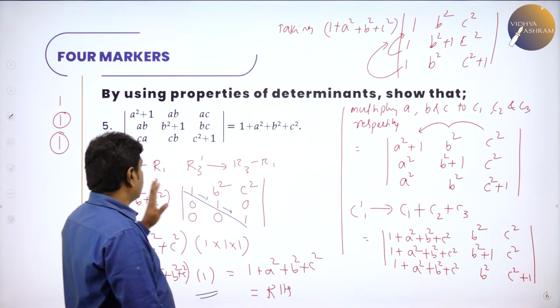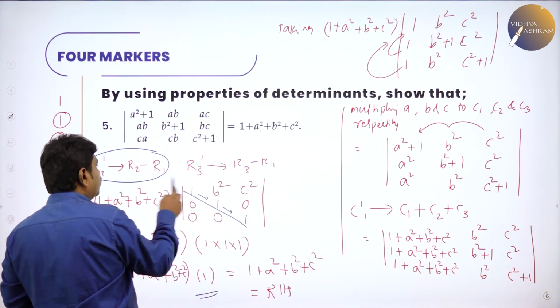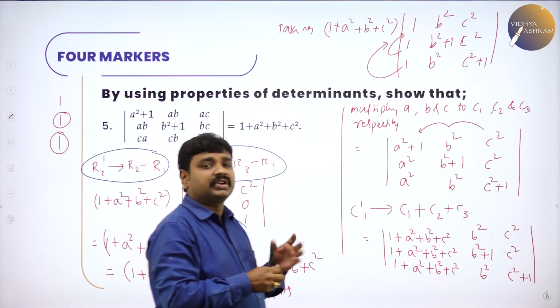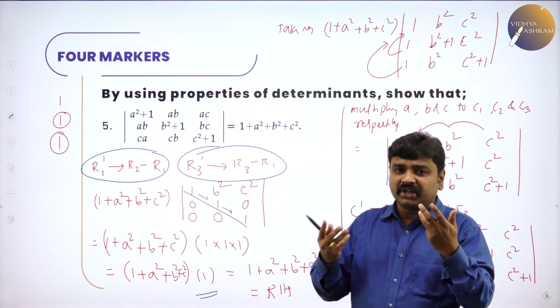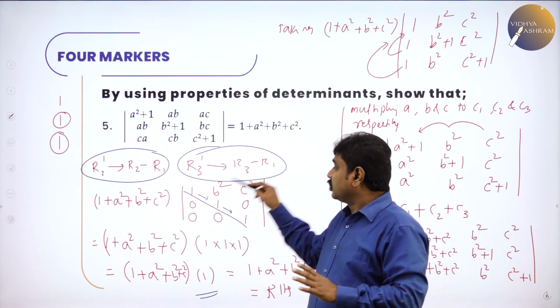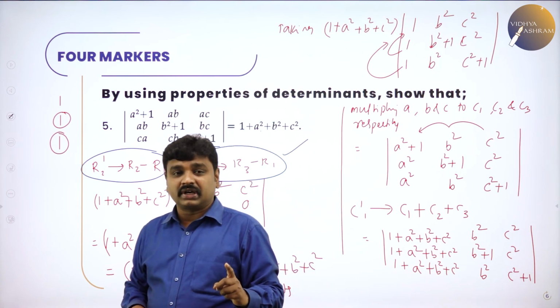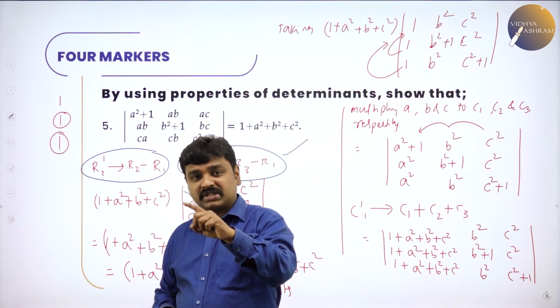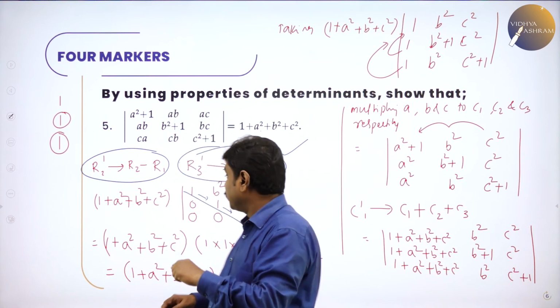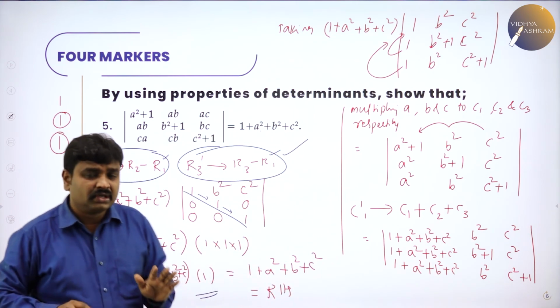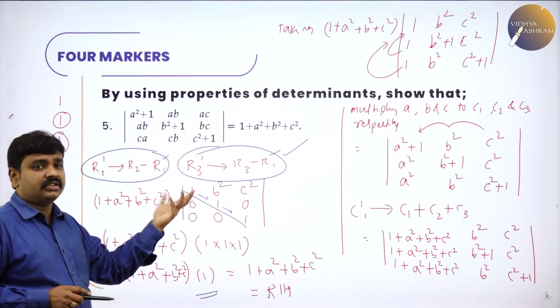Whenever you get 1, 1, 1, I told you, you can remember R2 dash is R2 minus R1, R3 dash is R3 minus R1 is fixed, so that many problems become reduced. Or you can do depending on the situation, not an issue. But to remember this is better. It's not necessary always to do this. Depending on the problem, we can solve.